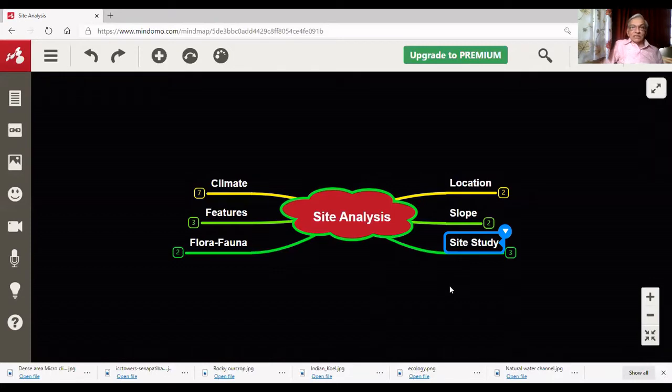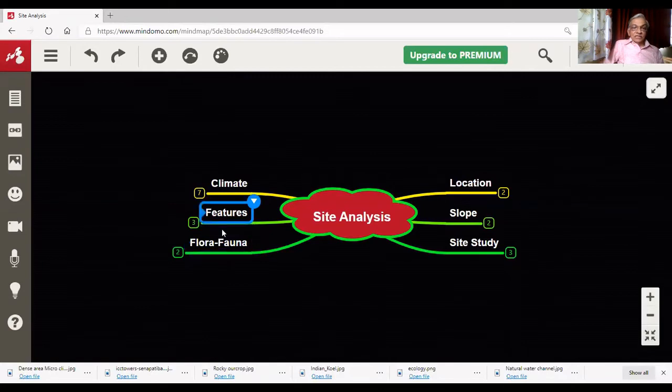What is the ecological structure on the site, and how should we protect it while doing the project? So this is about the site study. Another important aspect is the flora and fauna. If the site is larger, then there could be a lot of visitors in terms of bird species on the site. So we need to understand what kind of bird species visit the site at different periods of time throughout the year, what is the existing animal life on the site, and how our project has an appropriate relationship with these two things.